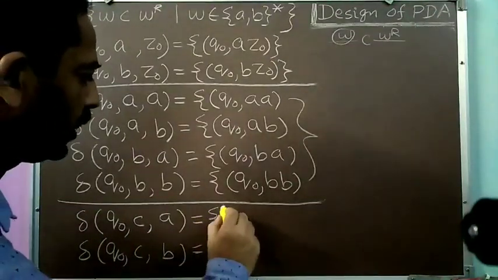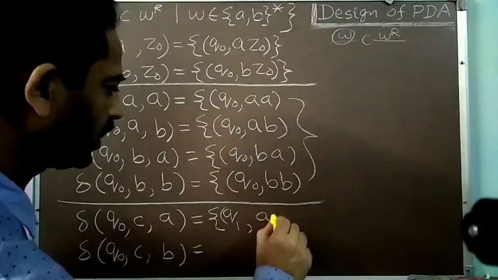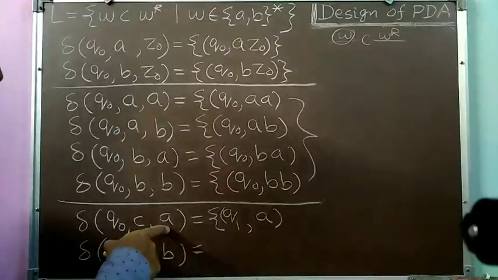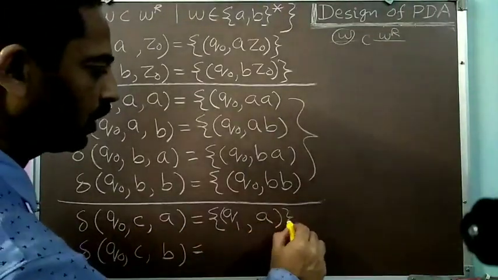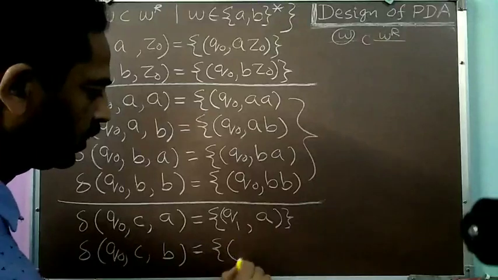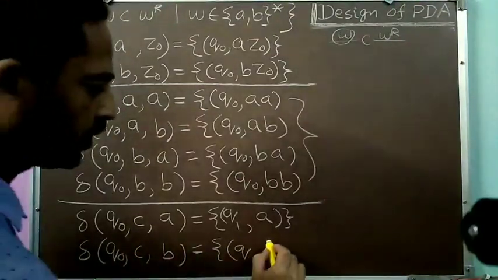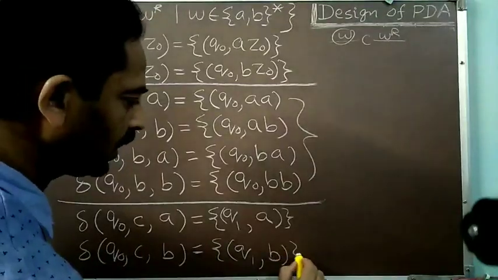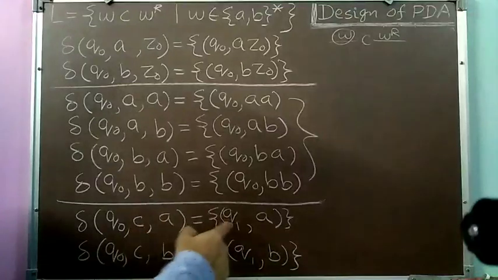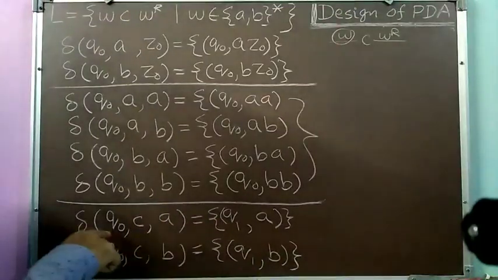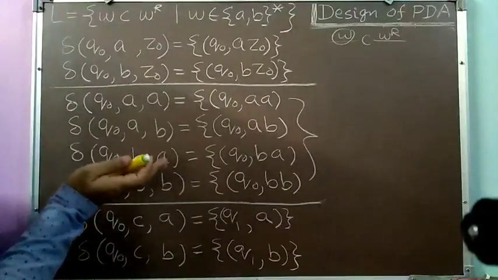So I will be writing here the state Q1, and then I will maintain the status of the stack. So whatsoever was on the top of the push down store, the same string I have written here. So Q1, and here I will be writing B because B is on the top of the push down store. So I am simply maintaining the status of the stack. So that's why I am consuming only the C. And at this point of time, I have changed my state from Q0 to Q1 because up till now I was pushing